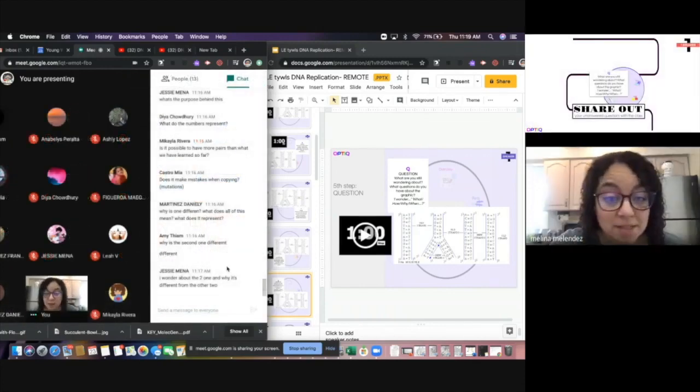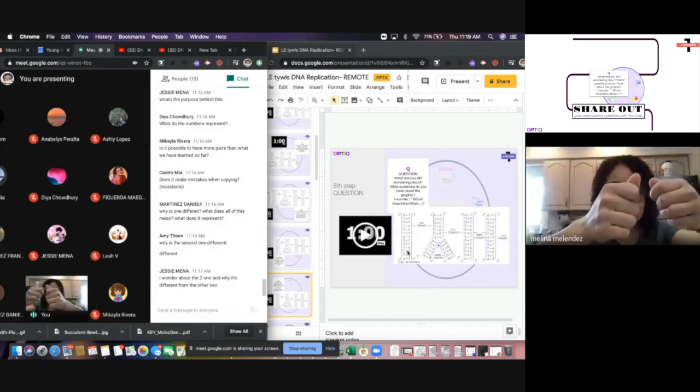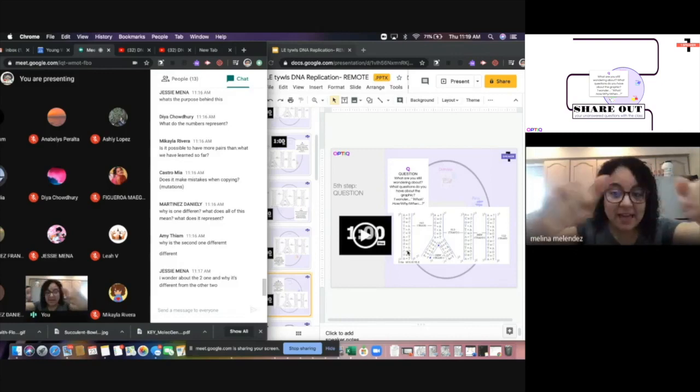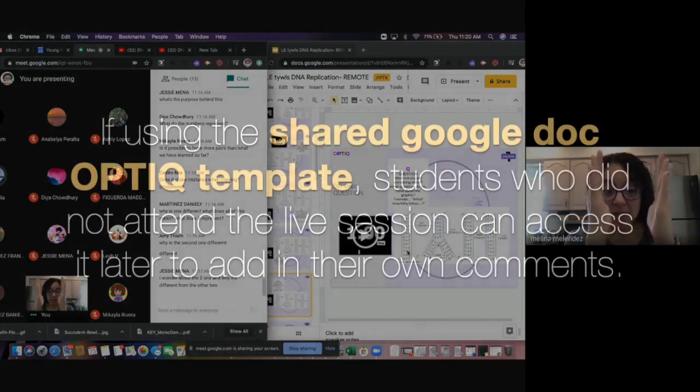Yes, that's a possibility. Why is one different? Why is the second one different? I wonder about, okay. So cool. So this first strand is the DNA molecule. And then if you see, it's splitting. So I picture a zipper every time, and there is a new strand coming in based off of the old strand. So then